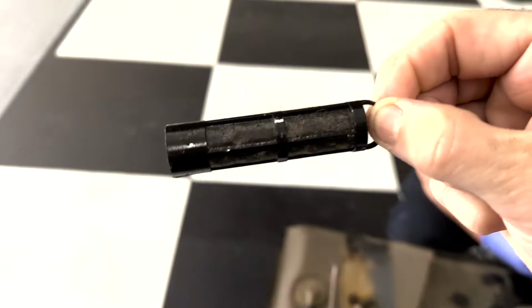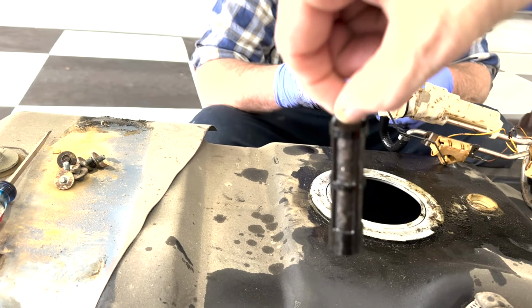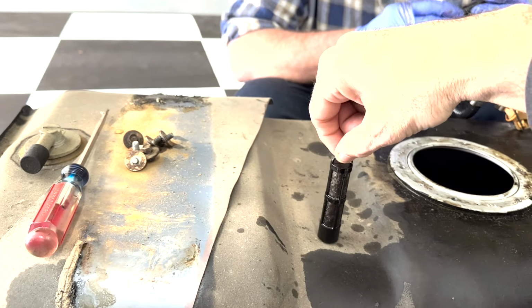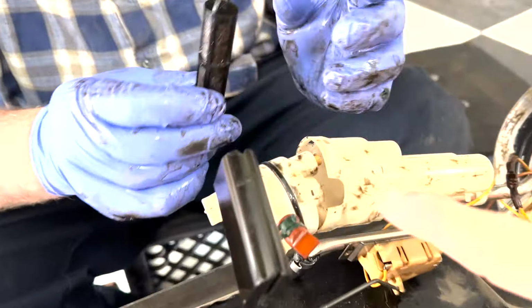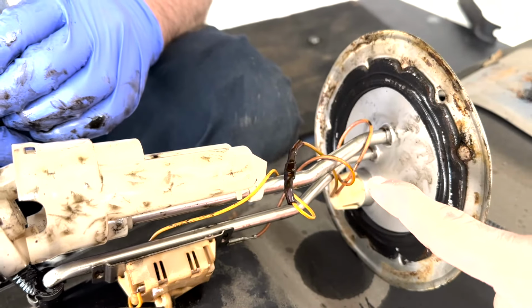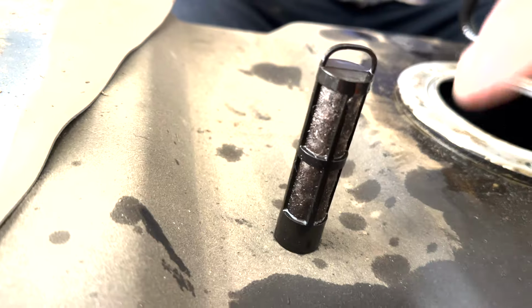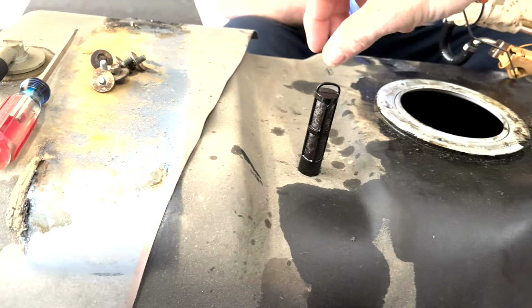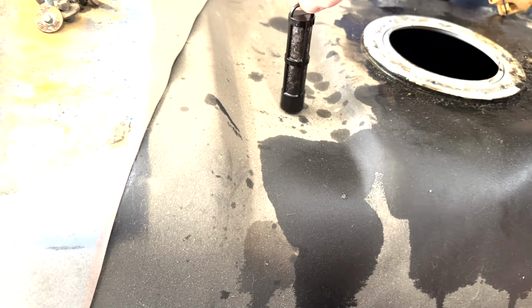So what I was envisioning happening was when the vehicle was sitting stationary and this was all flooded with fuel, all of the sediment fell down into the bottom of this. Now, when the fuel starts being sucked up into these tubes, I should say, because one's a return, all of that fuel was being restricted by this sediment until we started moving around and everything started getting sloshed around and fuel finally started flowing. I don't know if you guys have ever had this problem on your 7.3,